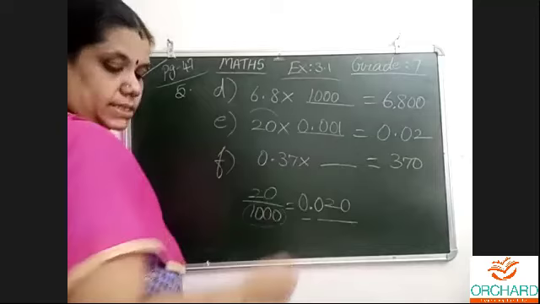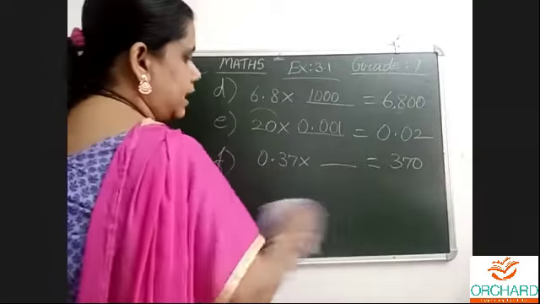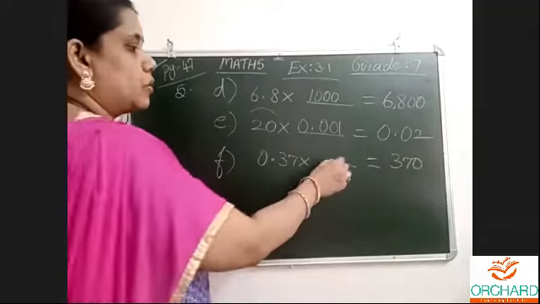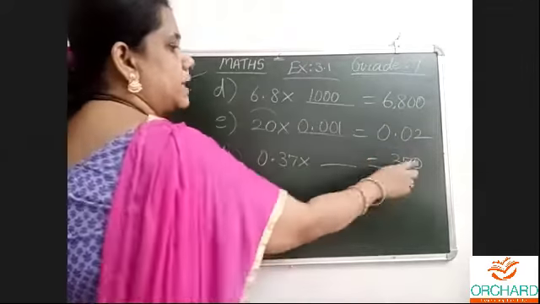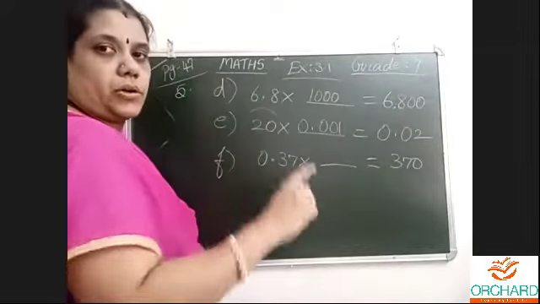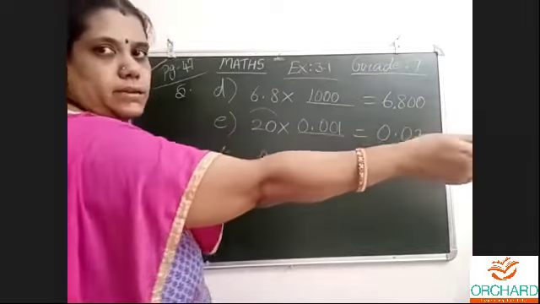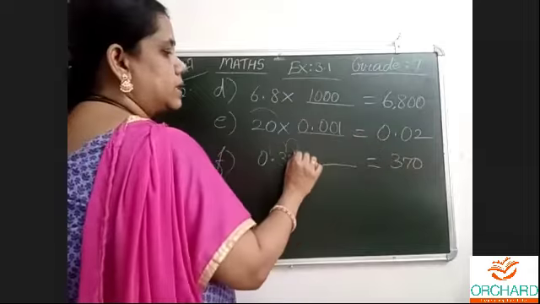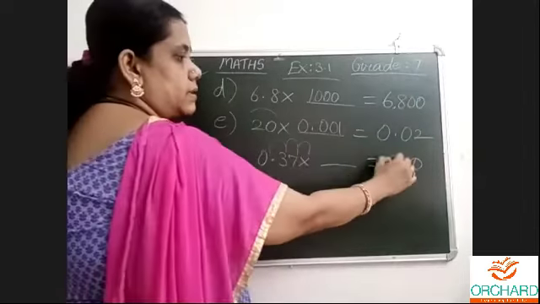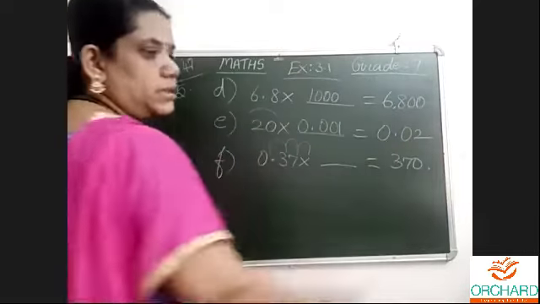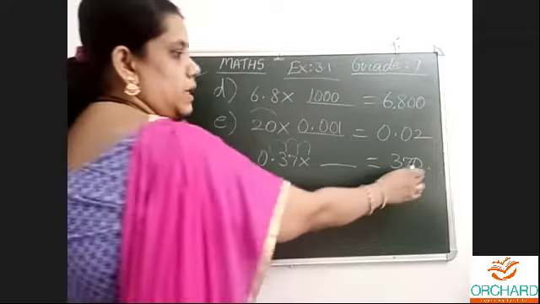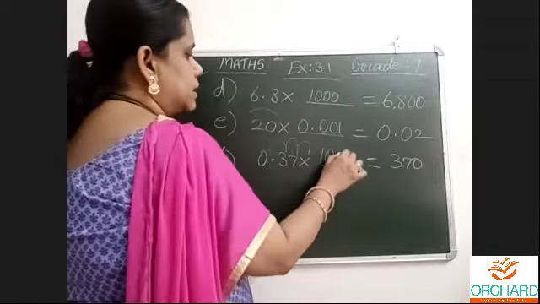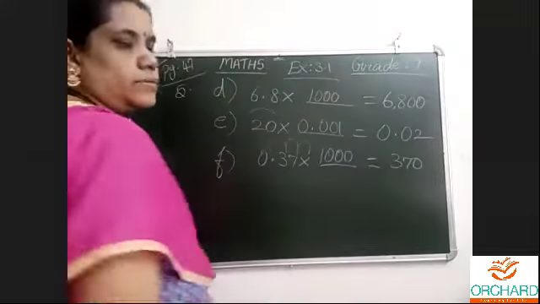Here the decimal number is 0.37. The answer is 370, they gave. My work is to find out what is here. Now the decimal number became a whole number. It means the point jumps towards the right side. Whenever the point jumps towards the right side, 1, 2, one more number is there, 3. They are telling that the point, when it jumps 3 places and sits in the last place, it has gone. How many jumps has it taken? 3 jumps it has taken.